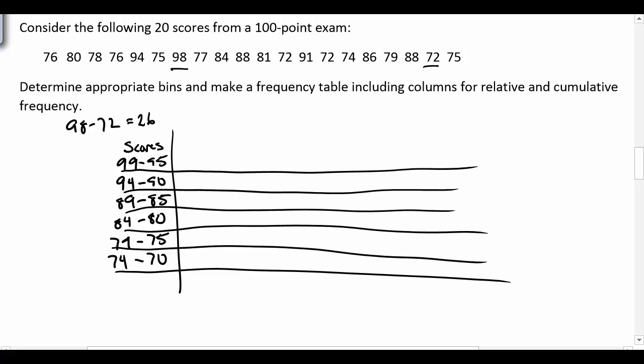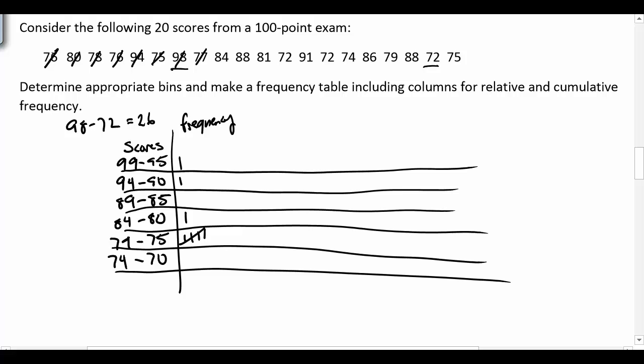Okay, so let's start with frequency. Frequency is how often something shows up. So I'm literally going to go through and put a little tally mark that represents how often something showed up. So 76 would be in this column, 80 would be here, 78 would be there, 76 again, 94 puts it there, 75, 98 up top,